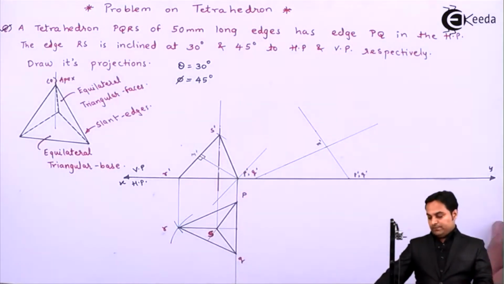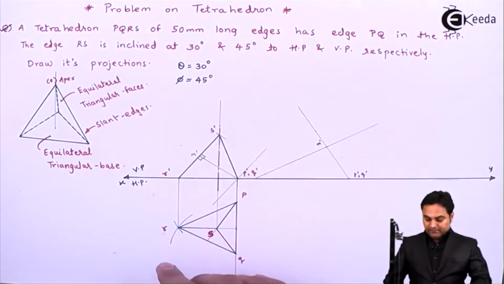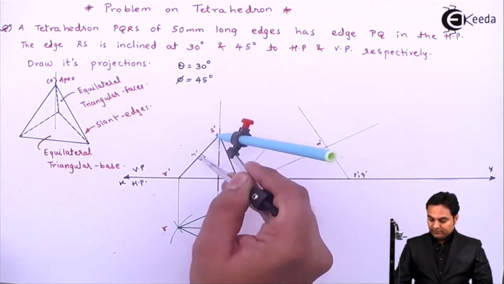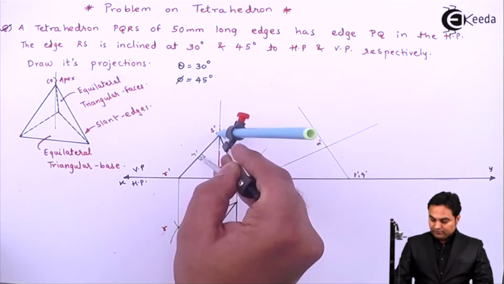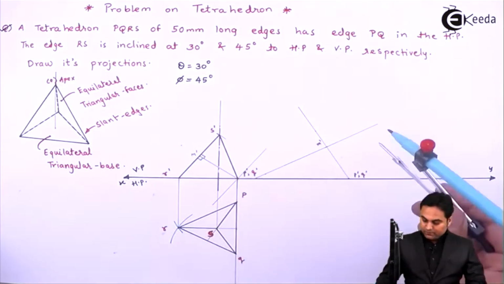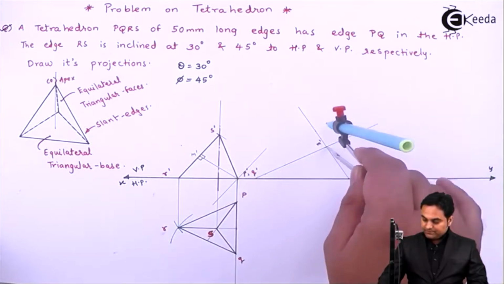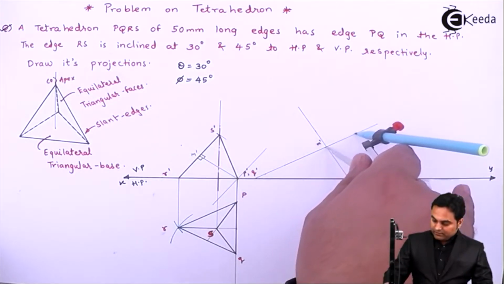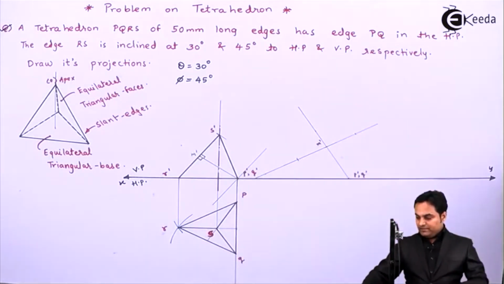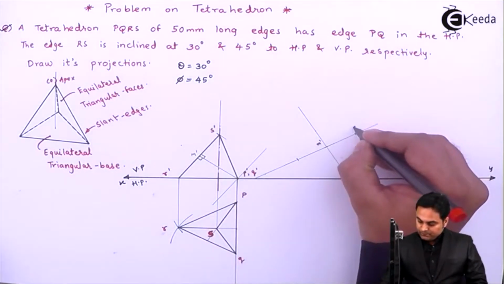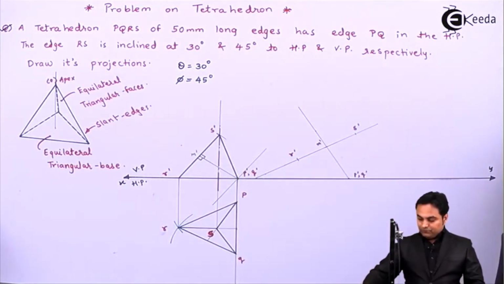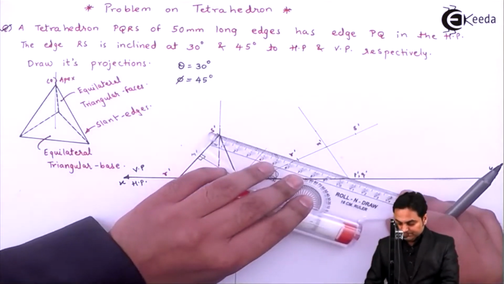Then the distance from M dash to R and S, they are same. So I can take any one of the distances. That is, if I'm taking from M dash to S dash, it will be same as M dash to R dash. So now, keeping this same distance, I'll mark one point here and the other point in this direction. So this will become S dash, and here we have R dash. Then joining them with the help of light line,